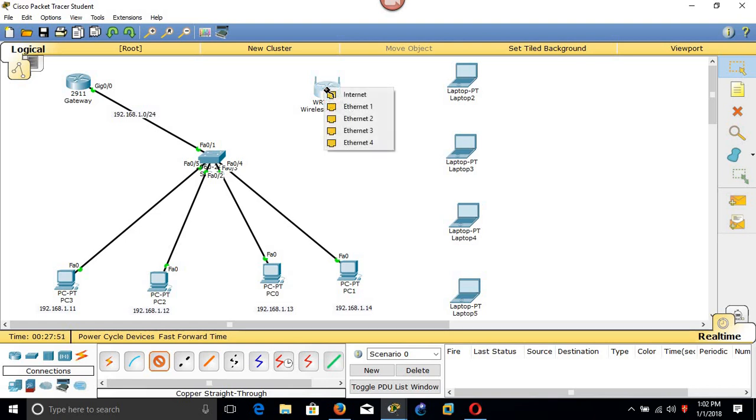So here you have different connections. We have different ports. We have Internet, Ethernet 1, Ethernet 2, Ethernet 3, and Ethernet 4. If you want to connect this device with your laptop, you have to use an Ethernet port. Then after that, we will use the Internet port. Let's use the first Ethernet port, and here we are going to connect our laptop with the first